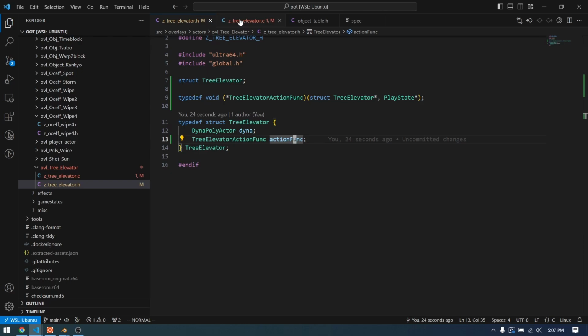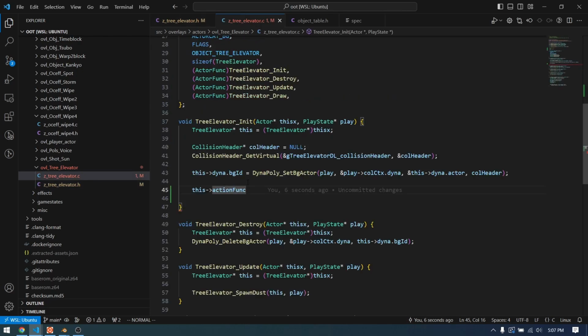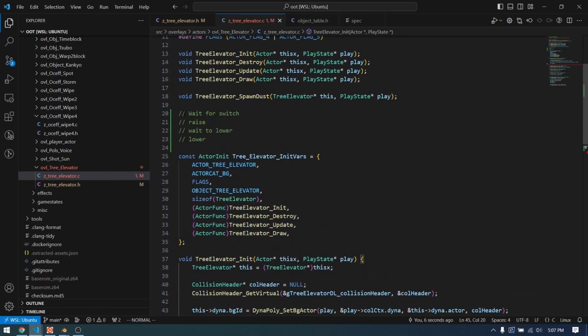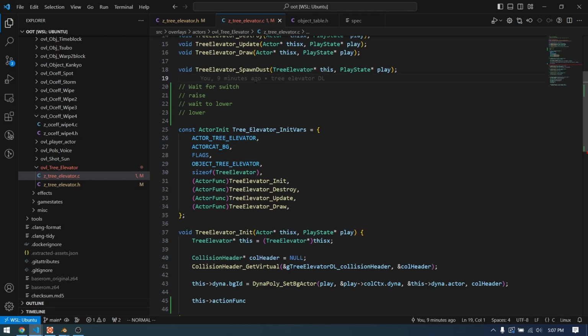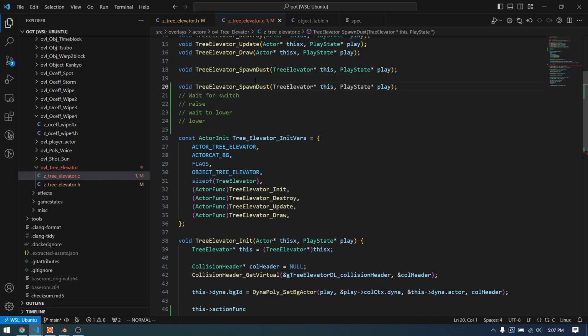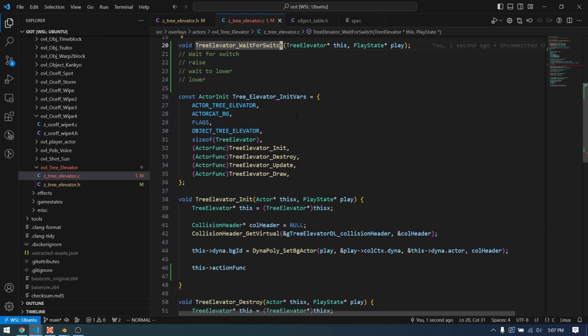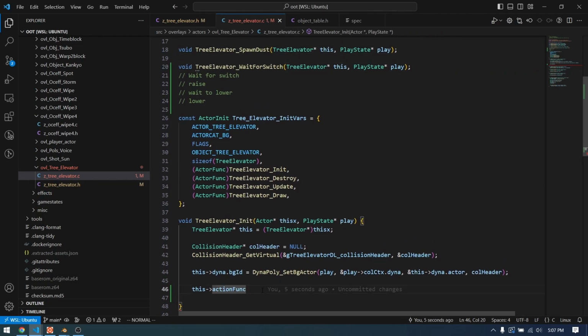And we're going to assign different function states to this based on where we want to go. So we know that our first state is waiting for a switch. So let's create a forward declaration for that. Let's just call it wait for switch. You could call this idle, something like that, but I'm going to call it wait for switch. And then for the action func,